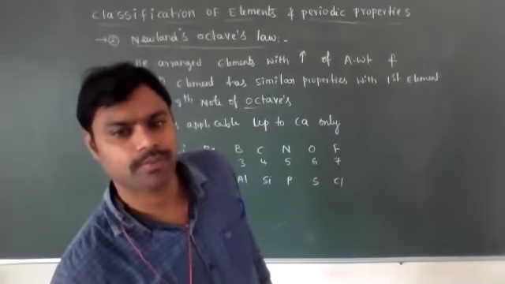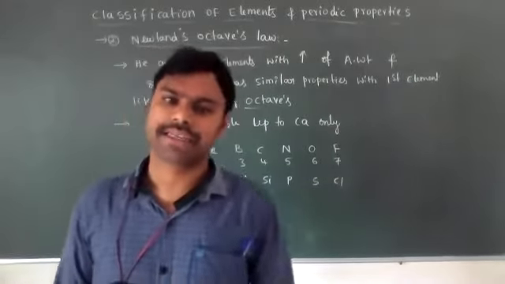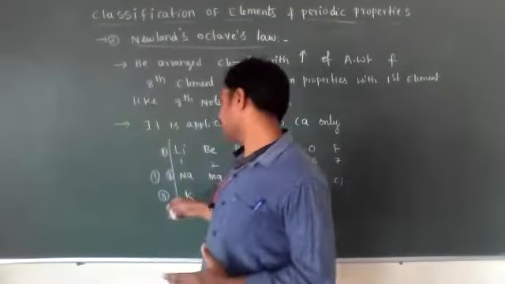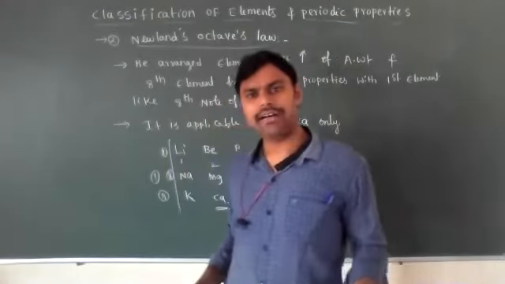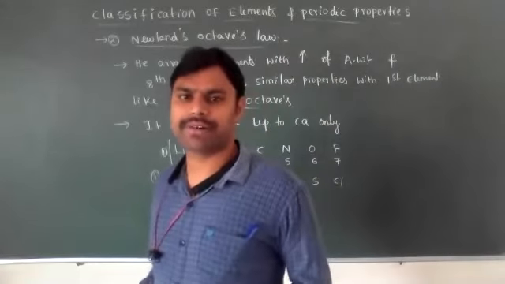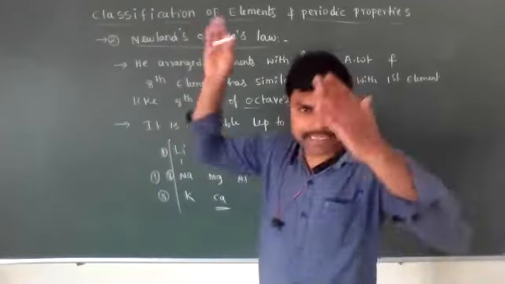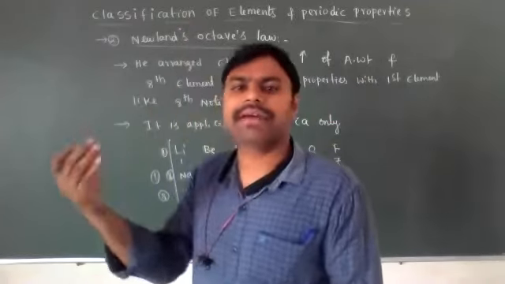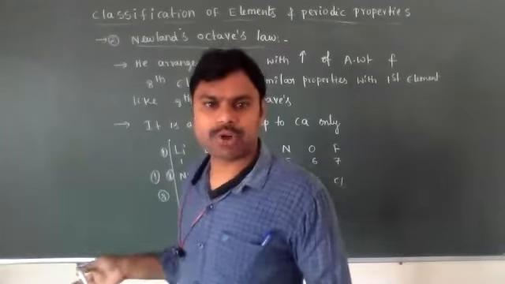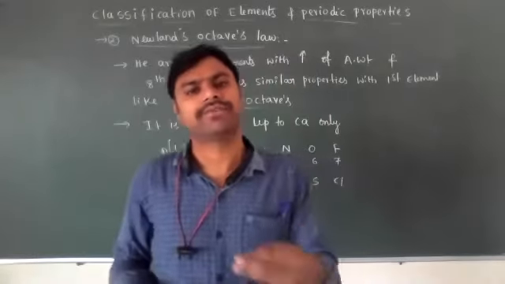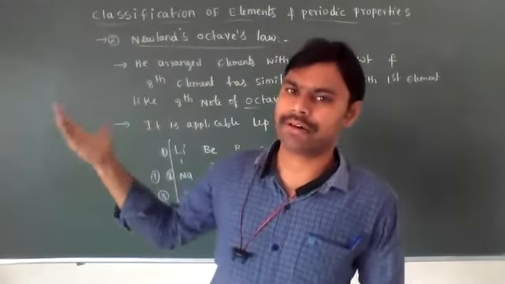Properties means both physical properties and chemical properties will come. Similar chemical properties or similarities are present, because lithium, sodium, potassium are all in the same group only. So they have similar physical properties as well as similar chemical properties. Physical property similarity means the elements present in the same group follow either an increasing or a decreasing order. And the elements present in the same group have almost similar chemical properties because they contain the same number of valence electrons.